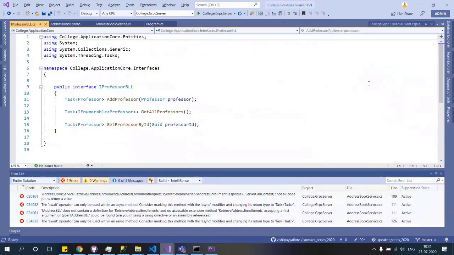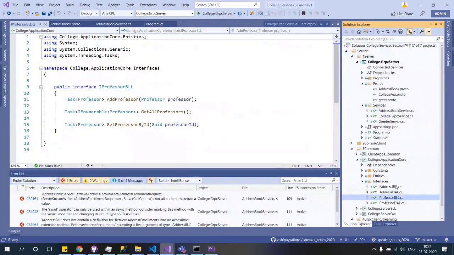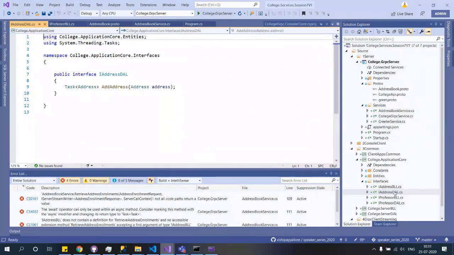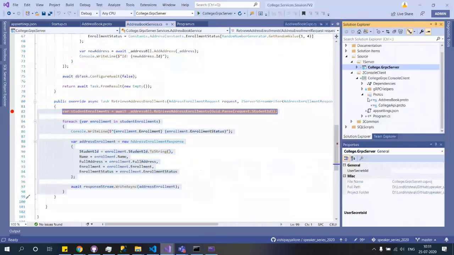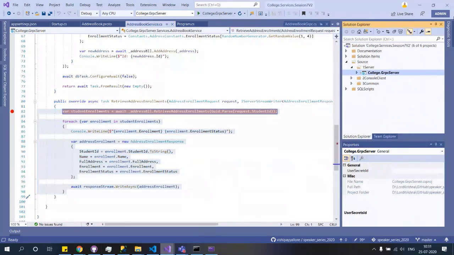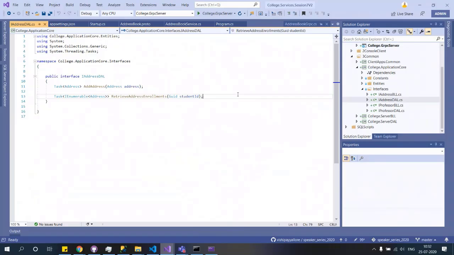Here, let me keep this open. So address DAL, let me go to this address DAL, and here also let me close everything and go to the common. Go to the common and get into the application core address DAL.